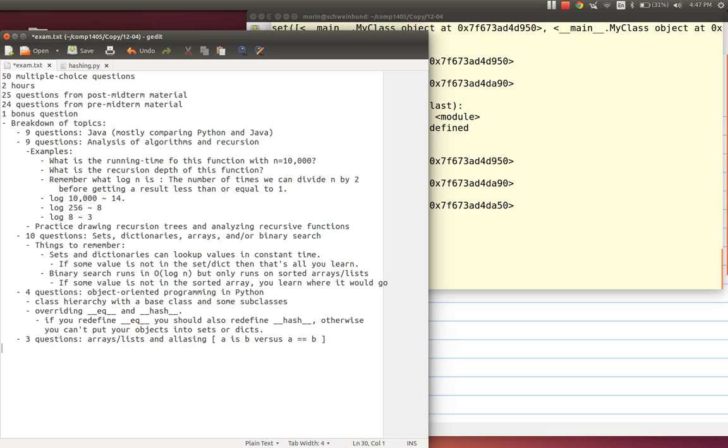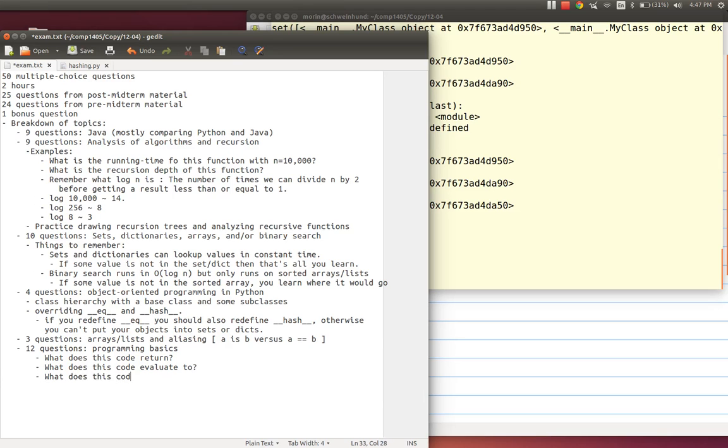And then there will be 12 questions on the programming basics. Things like, what does this code return? What does this code evaluate to?